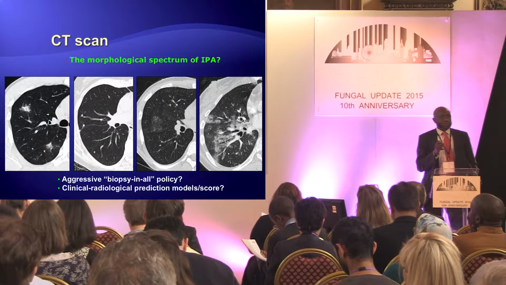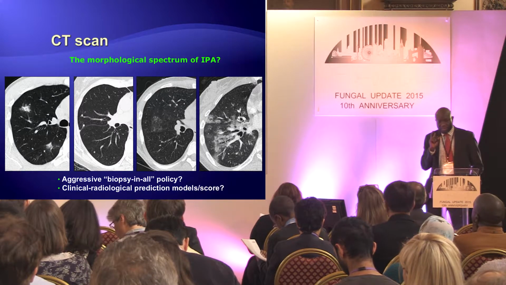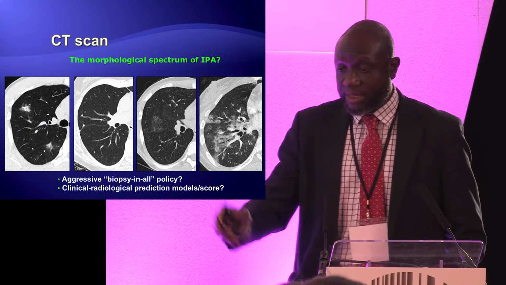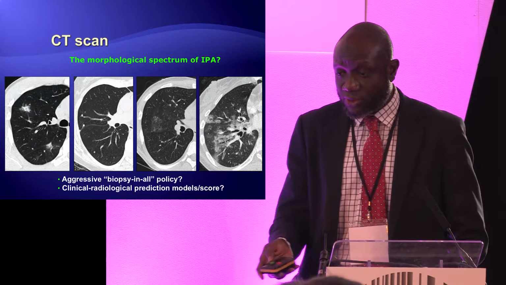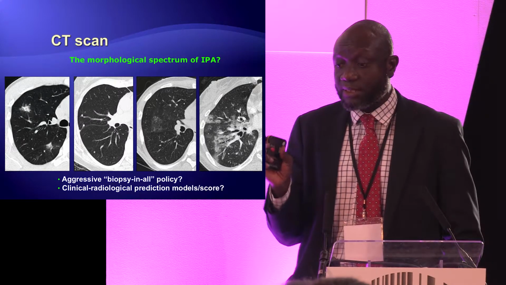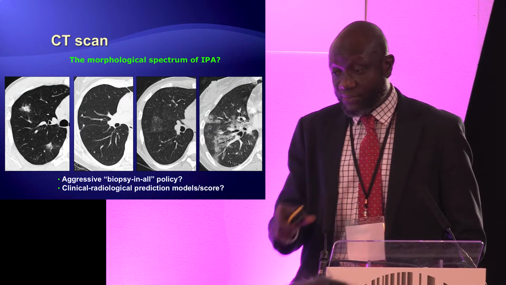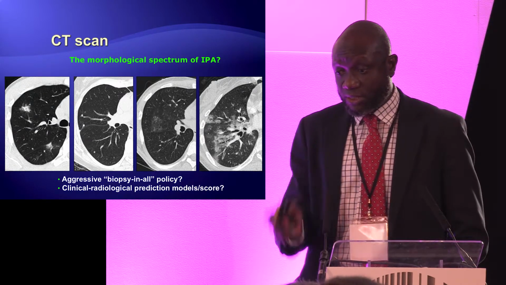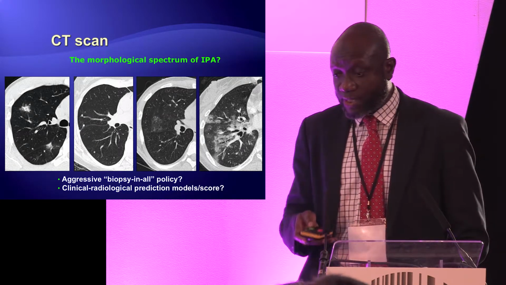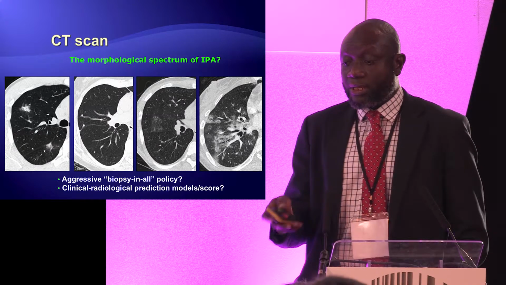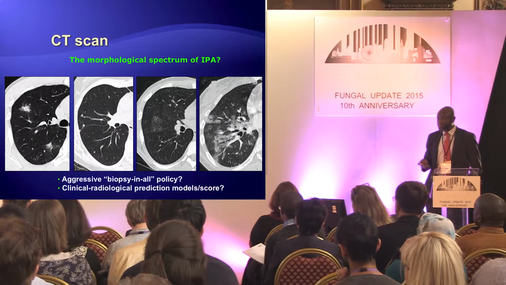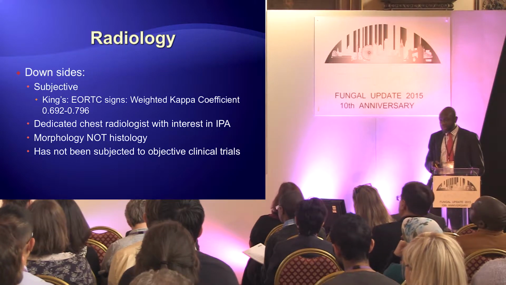But there is a spectrum of what you see on CT scanning in invasive aspergillosis, invasive fungal disease. And there are different morphological features you can see. So it's sometimes difficult for a radiologist to be absolutely certain other than describing what they have seen. It's important to realize that what you see on CT scanning is morphology, and there's quite a spectrum to that. And the only way you'll be able to diagnose fungal infection with certainty is if you were to biopsy and find out, but there's a whole spectrum of it.